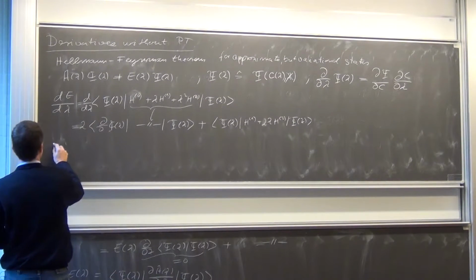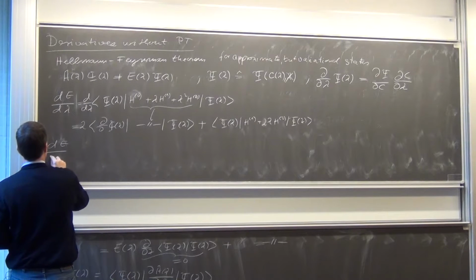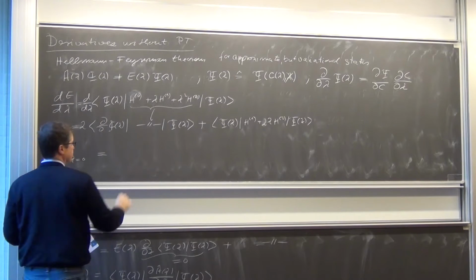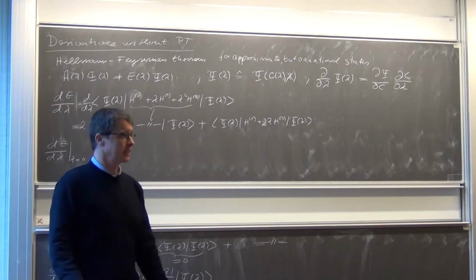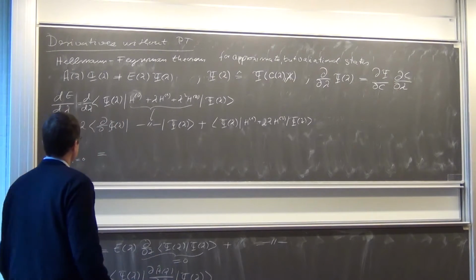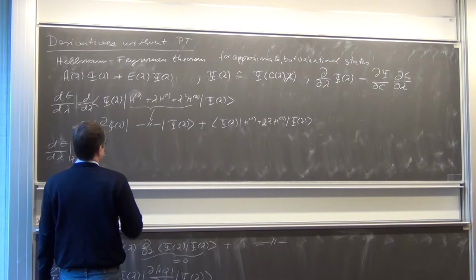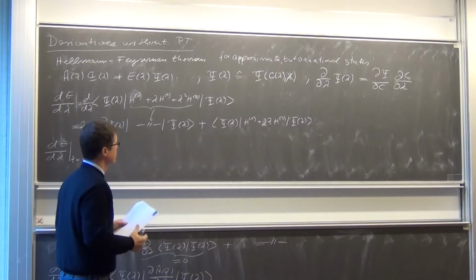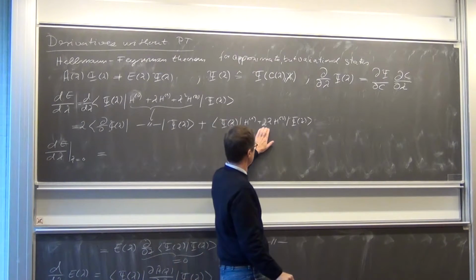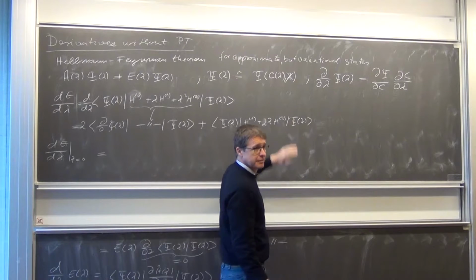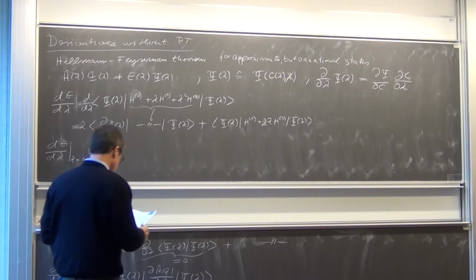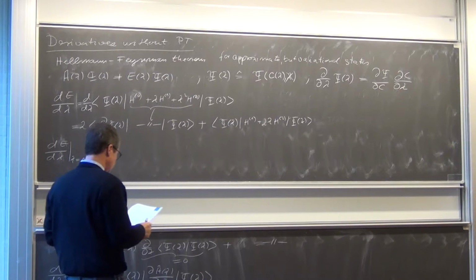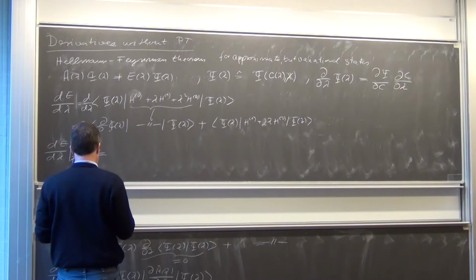Now, let's look at the case that we want to evaluate. This again for zero perturbation strengths, for zero lambda. Then, and I'll write this one first. If I take the derivative for zero lambda, then obviously this disappears. So I get